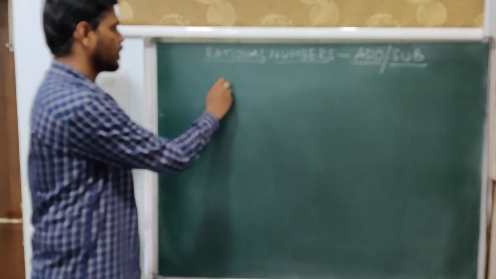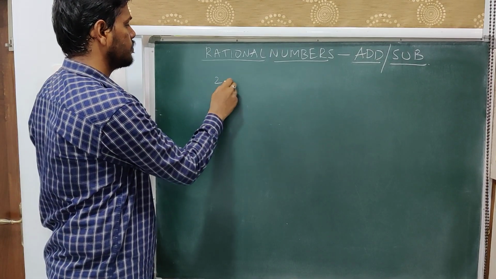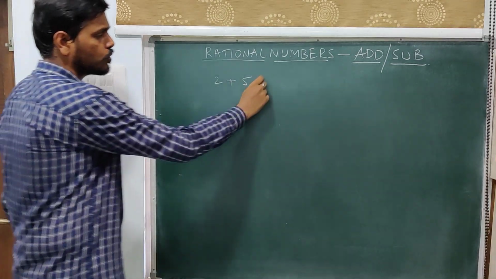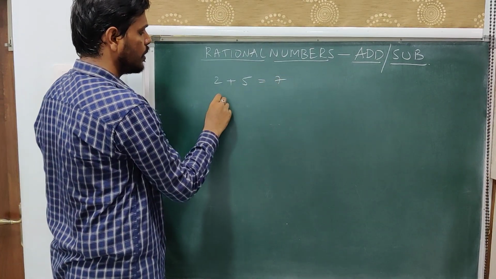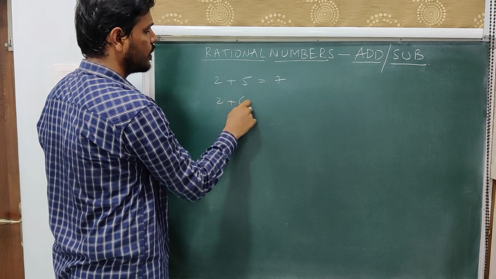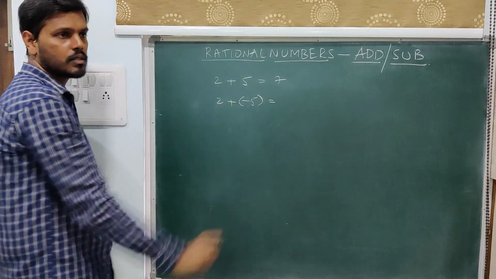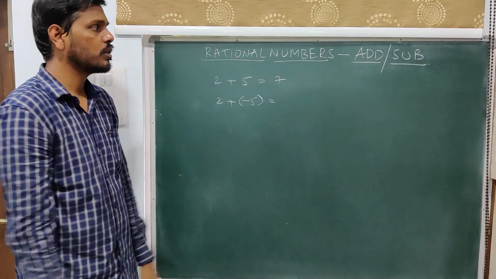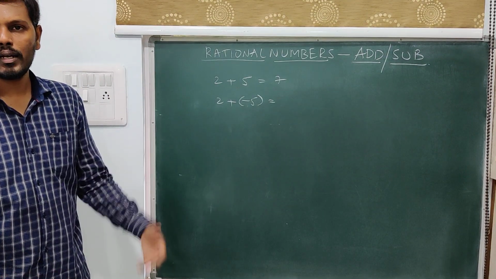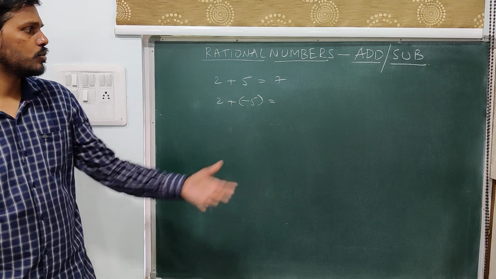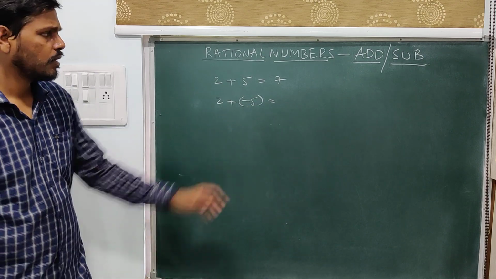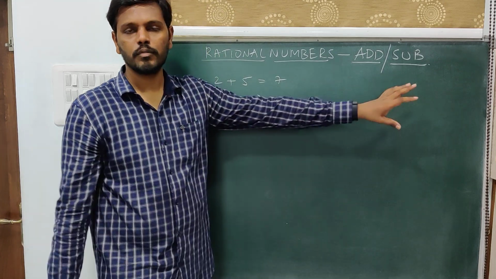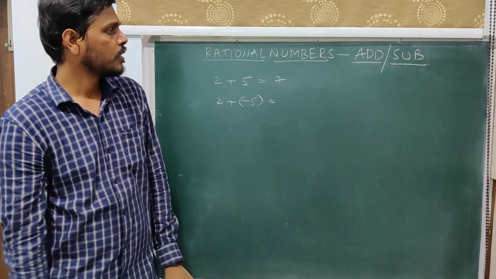So suppose you have 2 plus 5. 2 plus 5 is a normal thing, which you can do easily. First, suppose you have 2 plus minus 5. And these are the cases where you generally stumble. Now you might have come across rules in your previous classes, how to add, how to subtract integers, how to multiply integers. Now I'll summarize and tell you a bit of formula kind of stuff which you can apply for all the numbers.